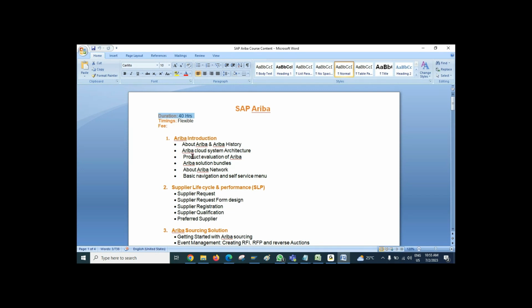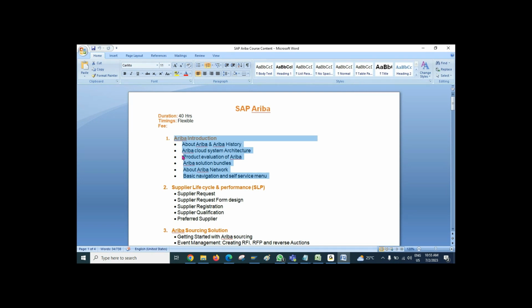Okay. Now, if you talk about the course curriculum, even though we are aware of Ariba, we'll start our discussion from the Ariba introduction once again. But here we'll not talk about what is SAP Ariba or what the modules of Ariba are. No, as a consultant we'll talk about the system architecture in Ariba, the different kinds of landscape you may see, how the Ariba product came into the picture, and the evolution of Ariba. All those things we'll try to understand here, and how we can authenticate in Ariba. This thing we'll discuss here.